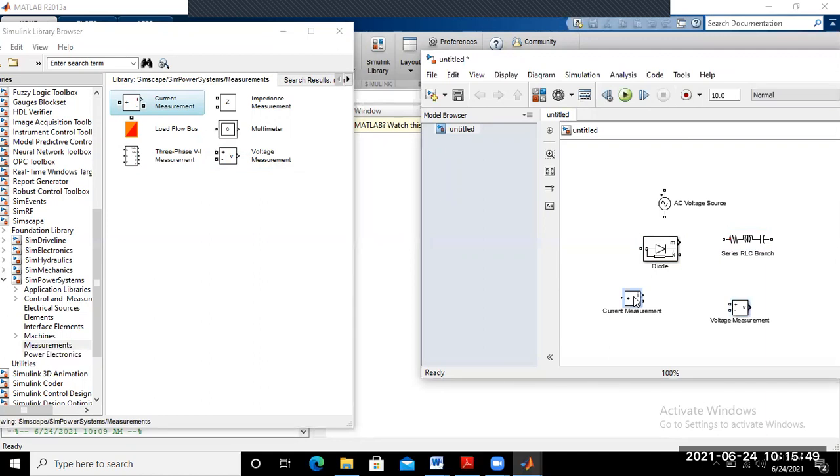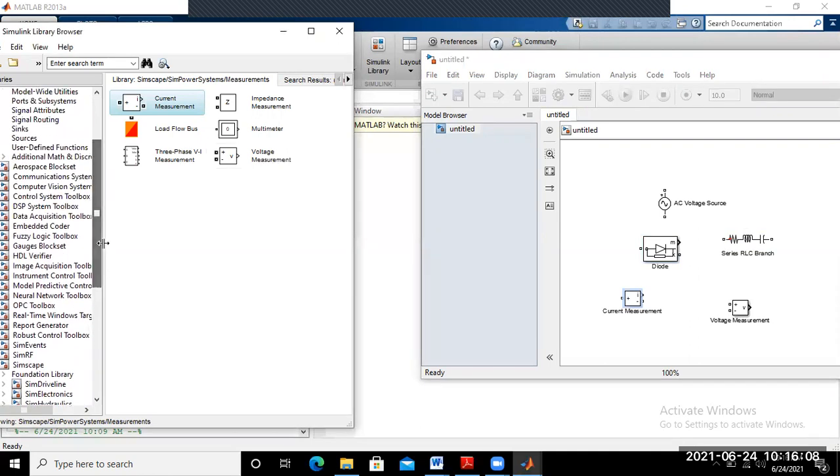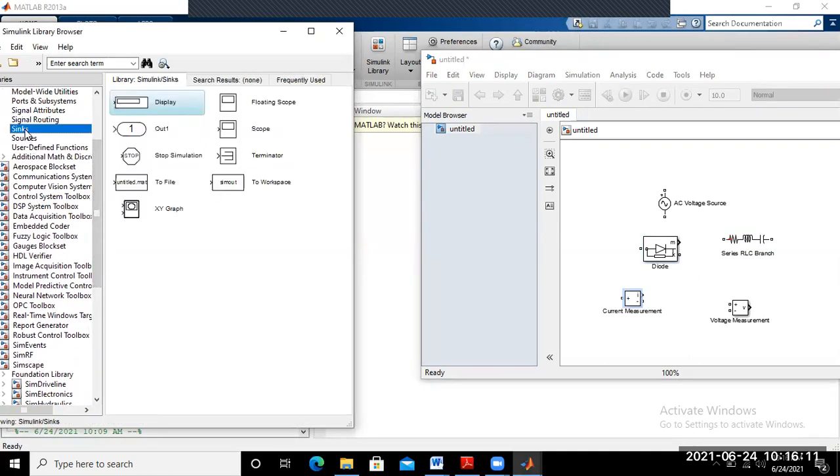Okay. And next, what you require for the simulation of single phase full wave uncontrolled rectifier? That means a scope. Okay, so you may find a scope from here in the sinks part. Okay, so yeah, this is the scope here. And one more thing is required for the operation of this one, powergui. Okay, powergui.